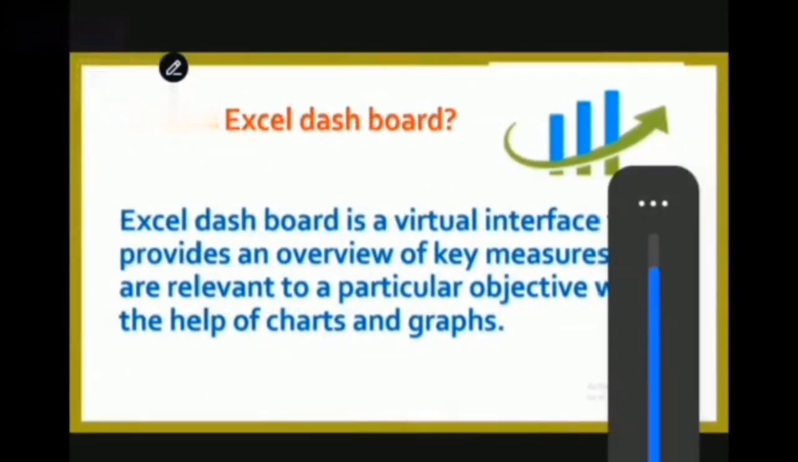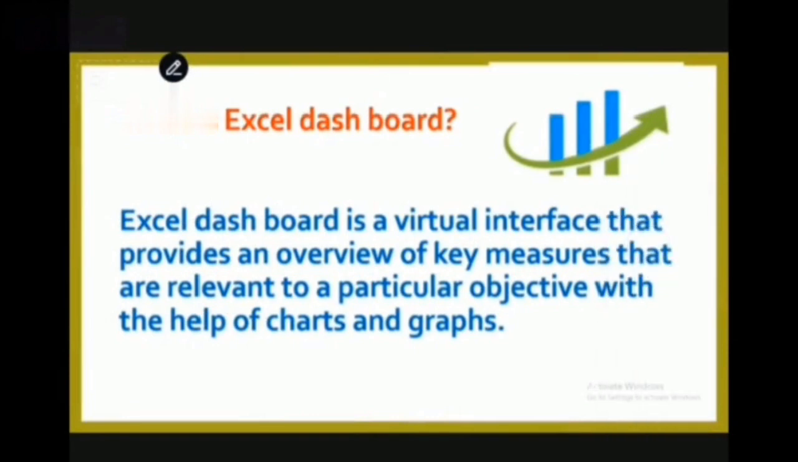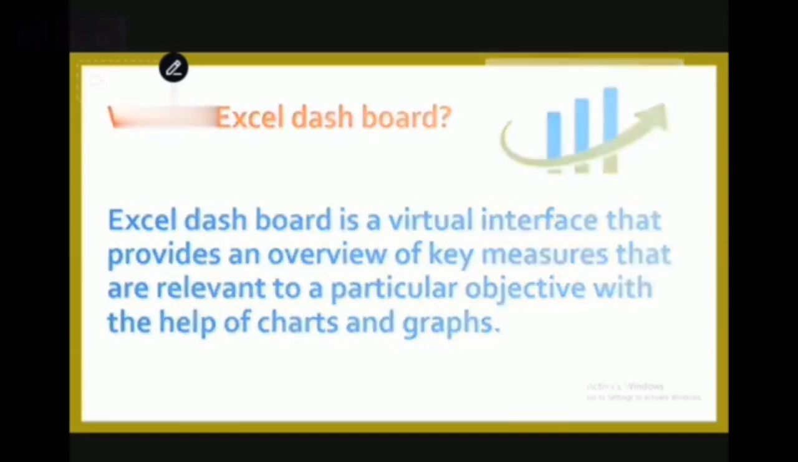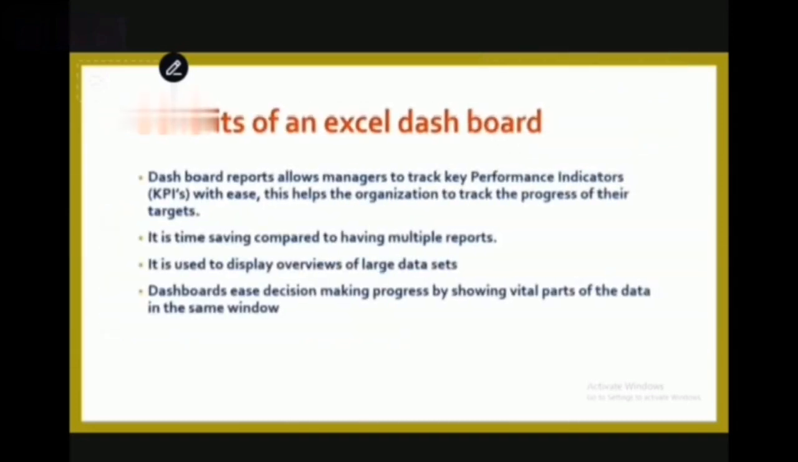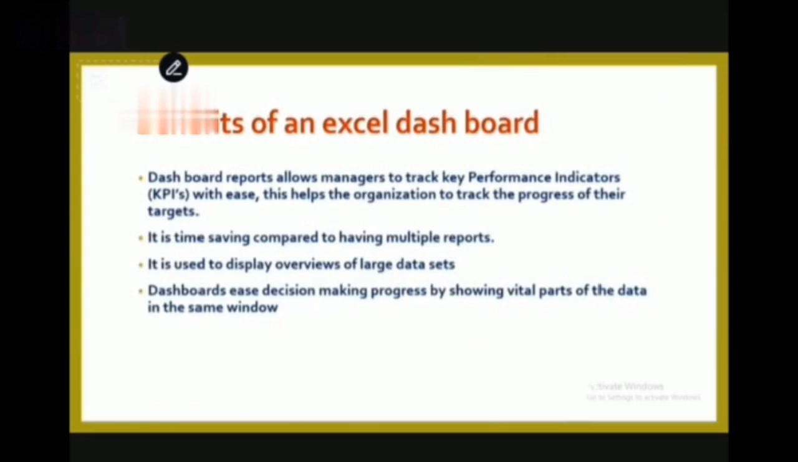What is an Excel dashboard? An Excel dashboard is a visual interface that provides an overview of key measures that are relevant to a particular objective with the help of charts and graphs. What are the benefits of an Excel dashboard? The benefits of an Excel dashboard include: